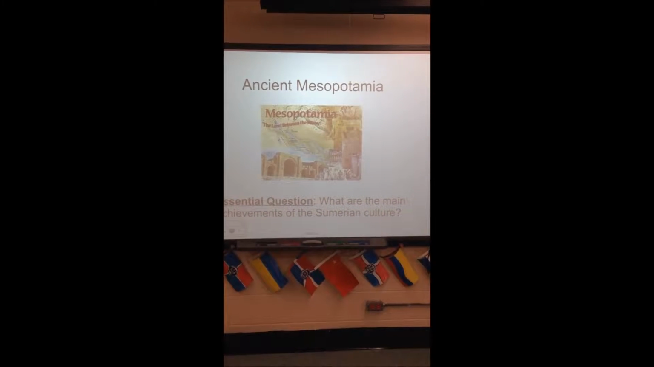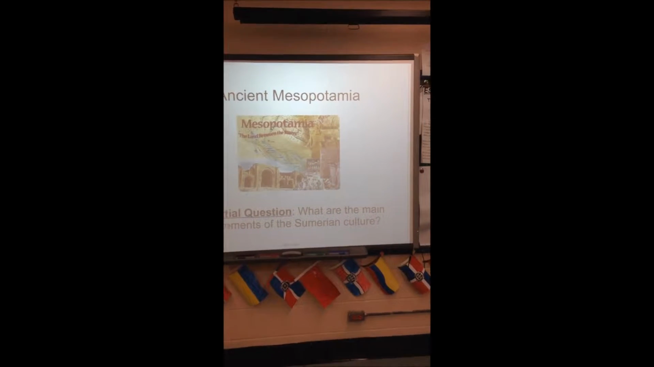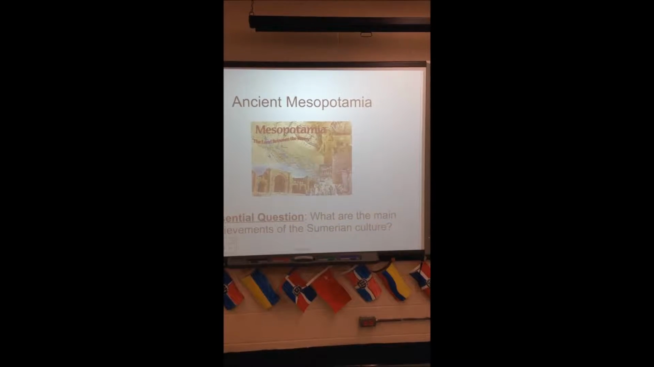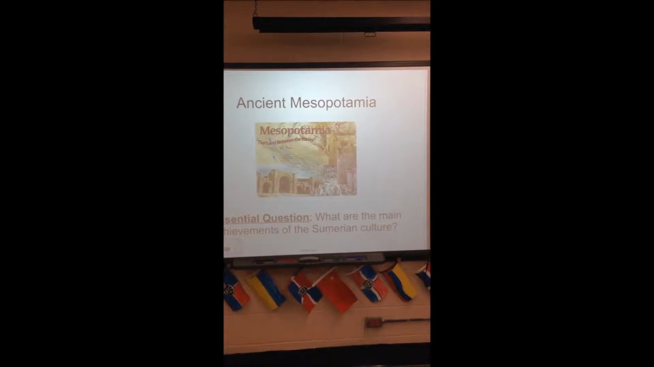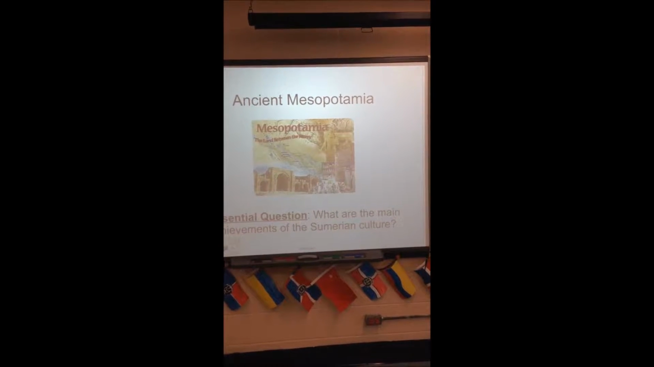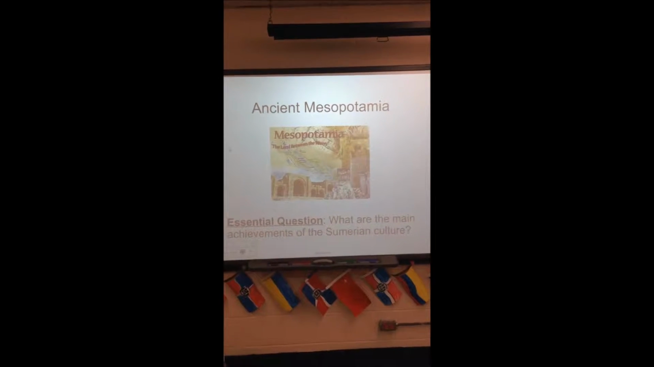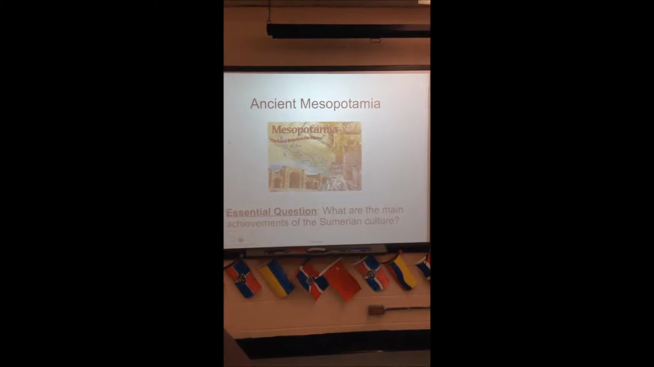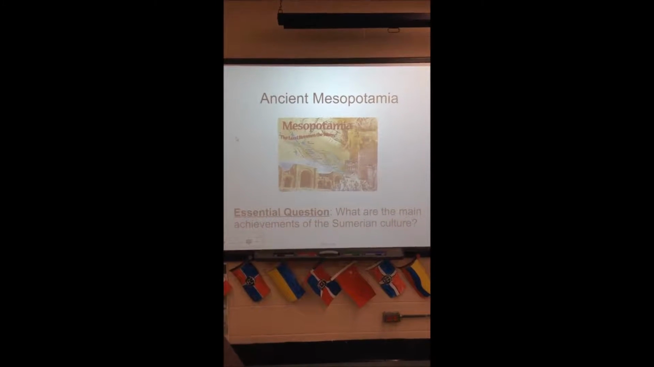This is a social studies lesson for inclusion students about the achievements of the Sumerian culture. The students have already learned about the geography of Mesopotamia as well as the beginning of the Sumerian culture. They were introduced to the next section on Sumerian achievements and are familiar with the vocabulary words. As the students enter the room, they will be faced with the essential question: what are the main achievements of